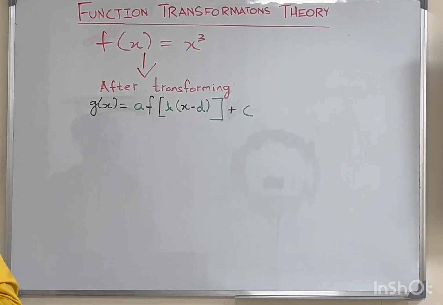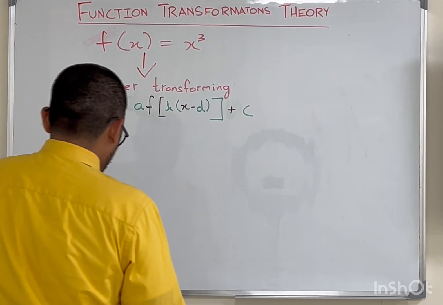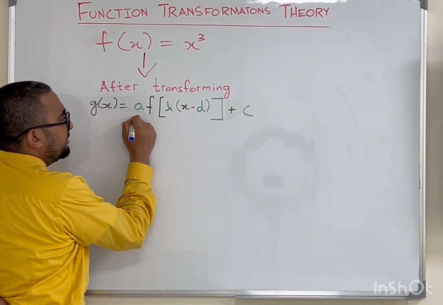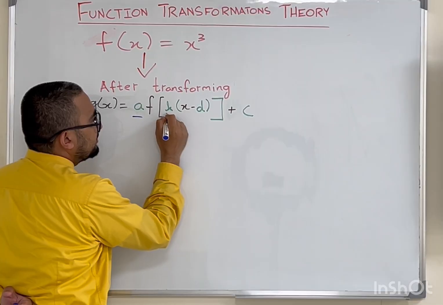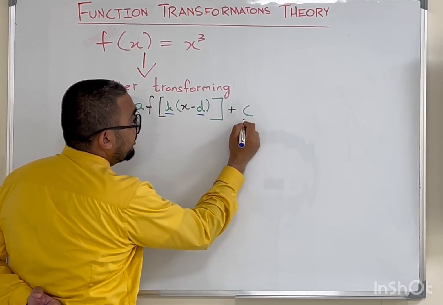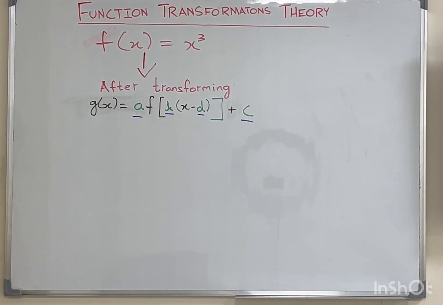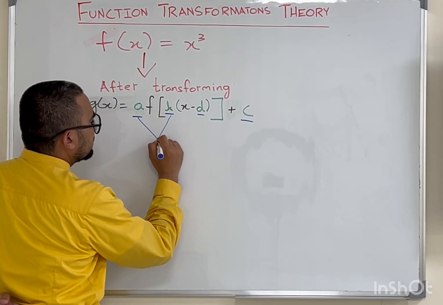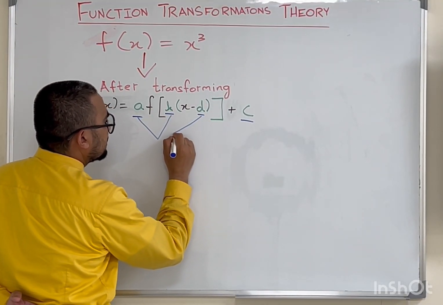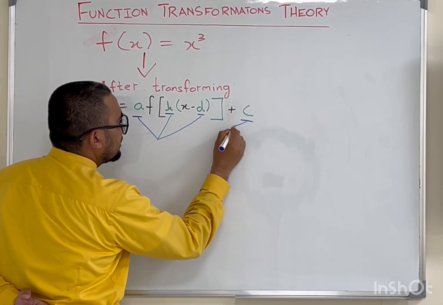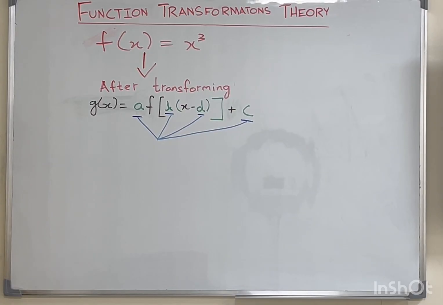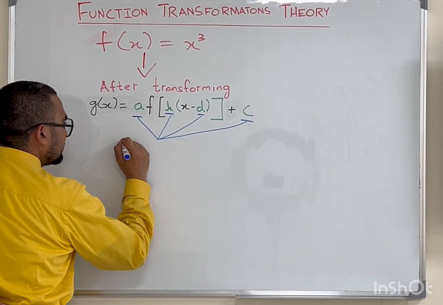Now, why is this important? You need to understand this part. The reason I wrote these in green is because these four parameters are the ones which affect